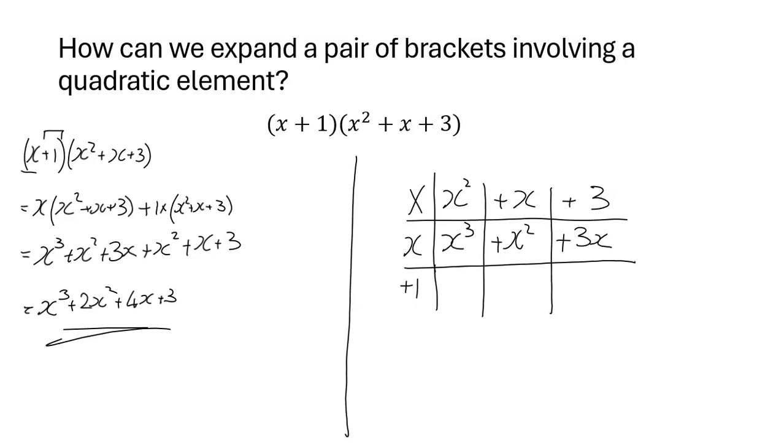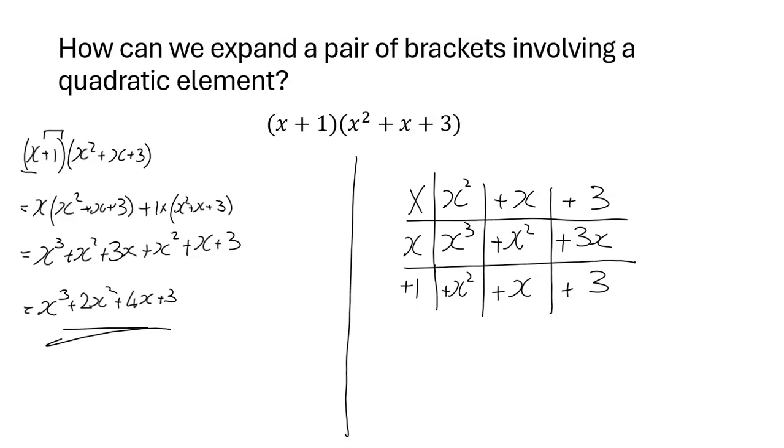Move to the second row, I get plus 1 times x squared, so I get plus x squared. And I get plus 1 times plus x, which gives me plus x. And then plus 1 times plus 3, which just gives me plus 3. And you'll notice that every single element in that table is the exact same as the elements there, which means